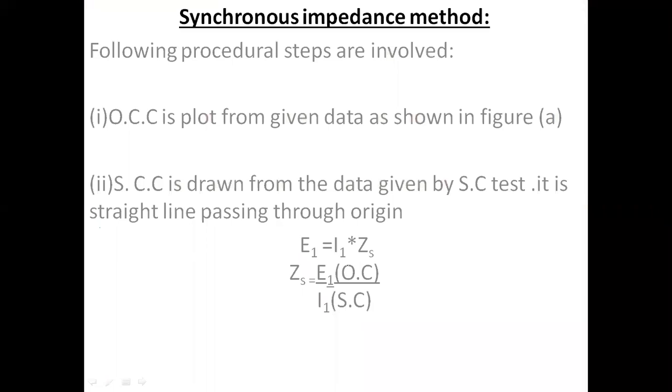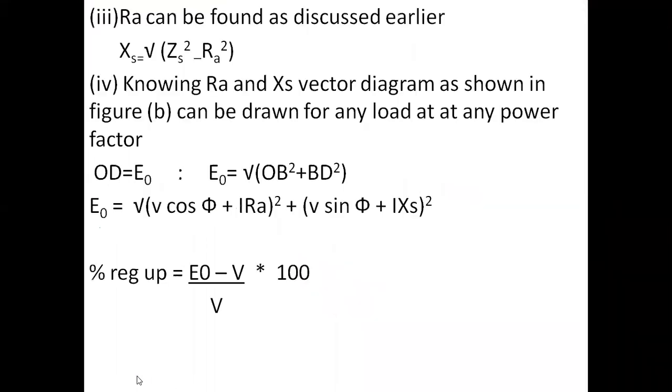Third consideration: as RA is found by the procedure discussed before, I can write XS is equal to the square root of ZS square minus RA square. And fourth, knowing RA and XS, the vector diagrams as shown in the figure can be drawn for any load, any power factor. So OD is equal to E0, and E0 is equal to the square root of OB square plus BD square. From this, E0 is given by this formula. So percentage regulation is equal to E0